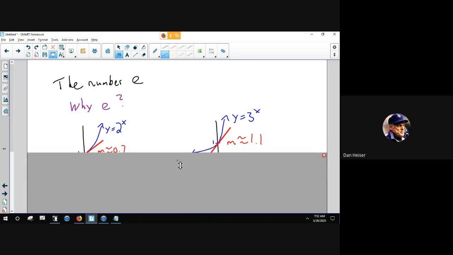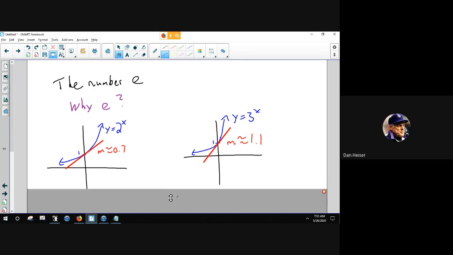Well, the best way to illustrate e is with these two graphs. Here I have an exponential function, y equals 2 to the x. And here's another exponential function, y equals 3 to the x. Now this red line is called a tangent line. If you remember your geometry,